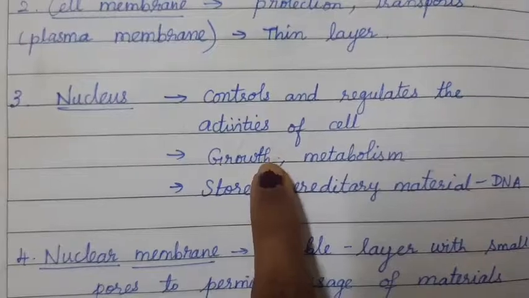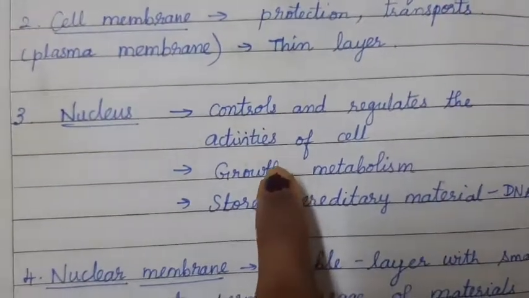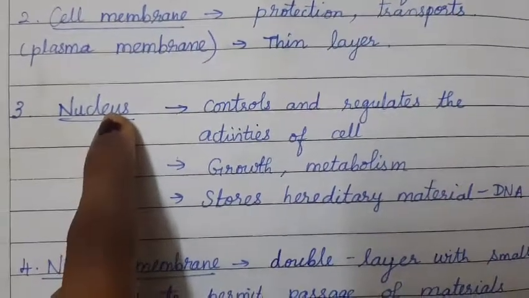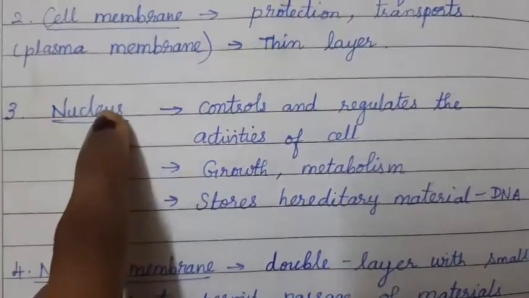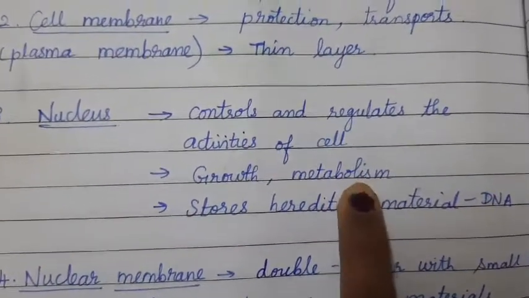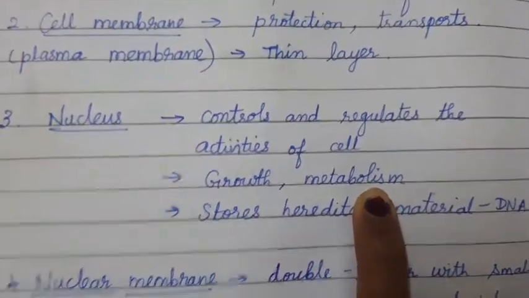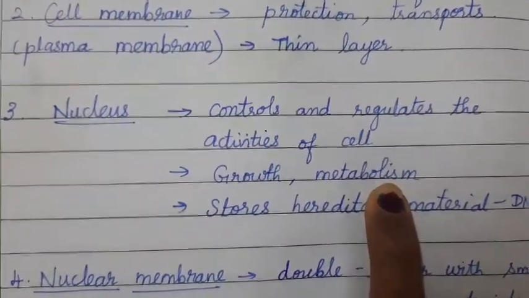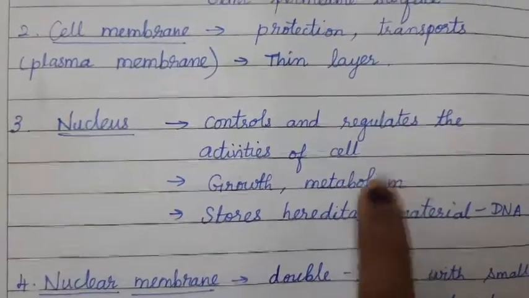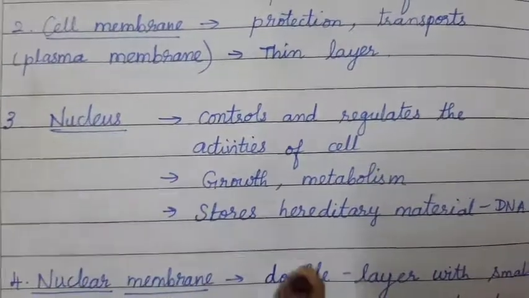That is possible with the growth of the cells, right? So that is maintained by the nucleus present inside the cell. The growth is maintained by the nucleus. What is the meaning of metabolism? Metabolism is nothing but the breakdown of food particles and the absorption of nutrients, reproduction of cells, all the other processes taken care of by the nucleus. This is function number 1.